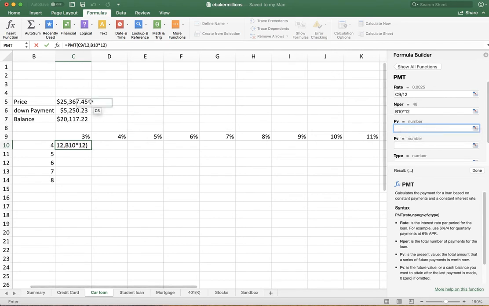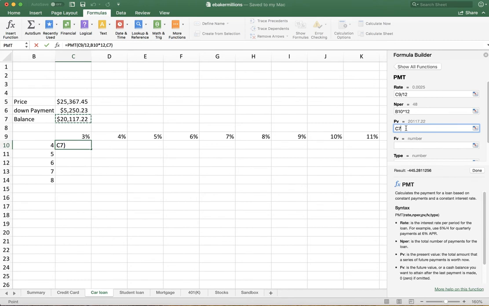Again, how much am I borrowing? Not the price of the car, but how much I need to finance from the bank. Again, that's here, it's $20,117.22. So I'm going to click on it using the point and shoot method. Remember, the point and shoot method of Excel and most graphical interfaces is the better way to do it because it eliminates your ability as a human to write the wrong thing in. The computer will take care of putting that cell reference here, so you won't write C22 or some wrong